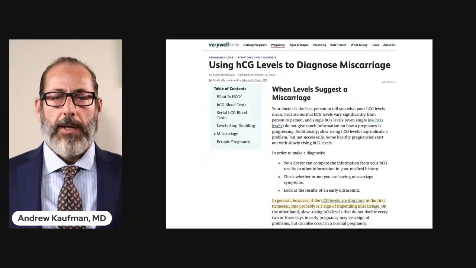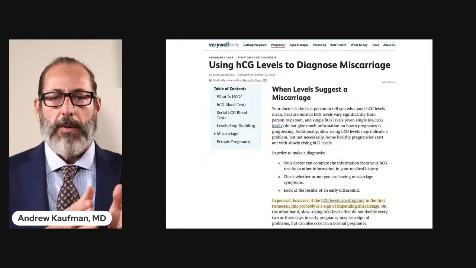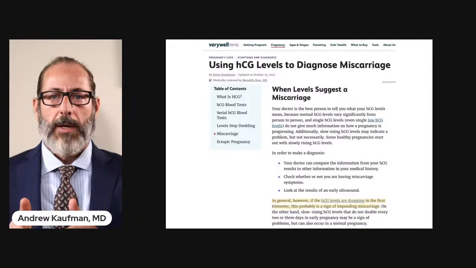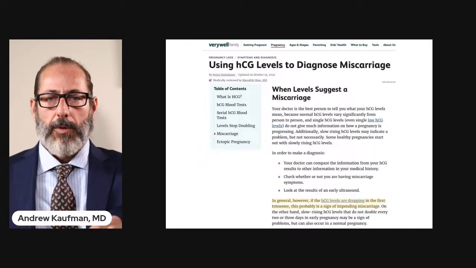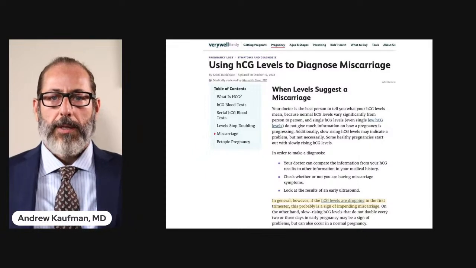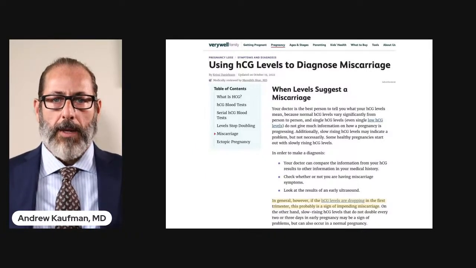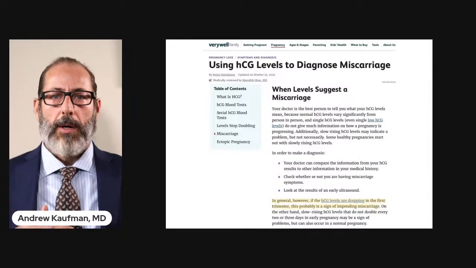So she decided with her midwife to do the serial quantitative beta HCG test. And even though only 2 blood values are recommended, she did 3 upon the recommendation of her midwife. And what happened is, from the first to the second, the level went down. And from the second to the third, the level went down. So the midwife concluded that this represents a miscarriage, but there was still part of the fetus inside because not enough material had passed.